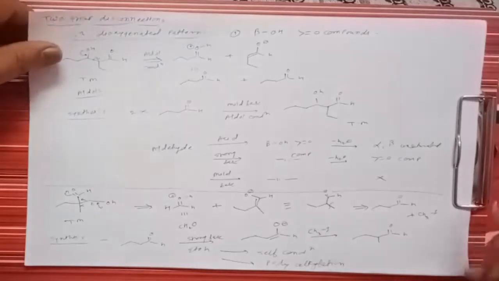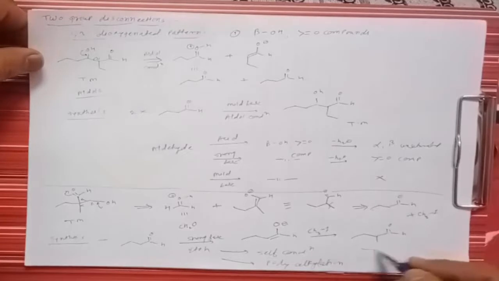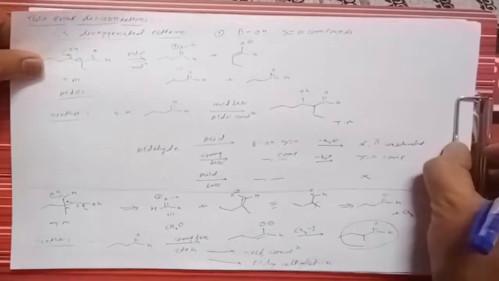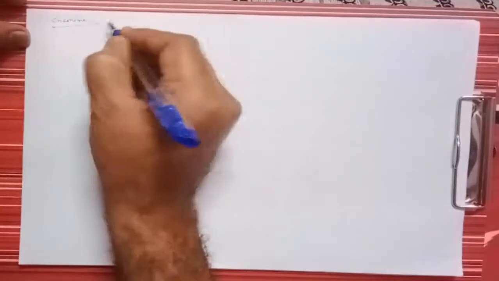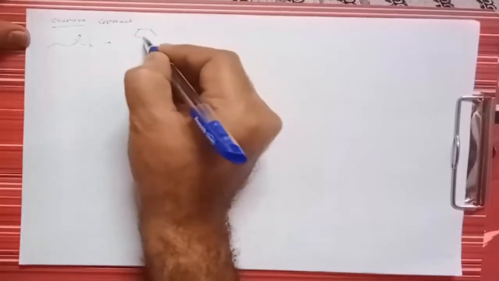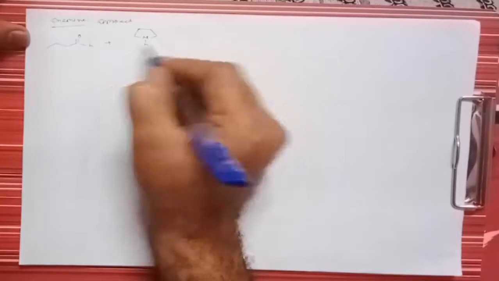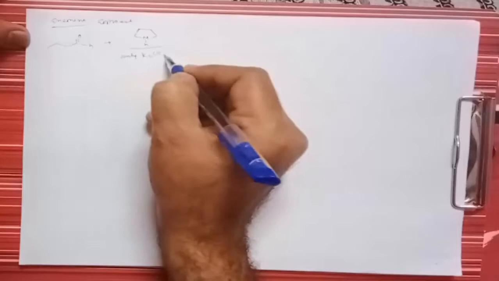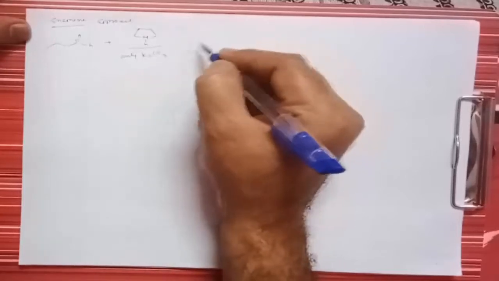But if we want to get the same molecule, that means which we want to synthesize, then we can go for another synthetic method, that is called the enamine approach. So what is the enamine approach? In the enamine approach, we can take this aldehyde, butanaldehyde. We have to treat this butanaldehyde with such type of molecule with anhydrous K2CO3. So what does it give? It gives an enamine